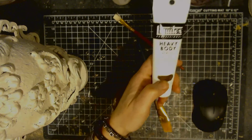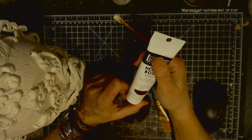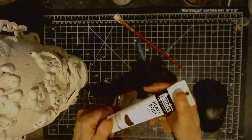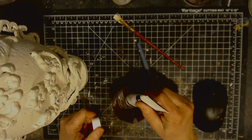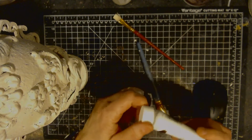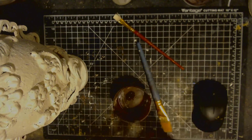They changed their tube a little bit. Raw umber, heavy body from Liquitex. Whoa, well, that was a little bit more than I wanted, but that's okay. And I'm going to water this down an awful lot. And I use this raw umber